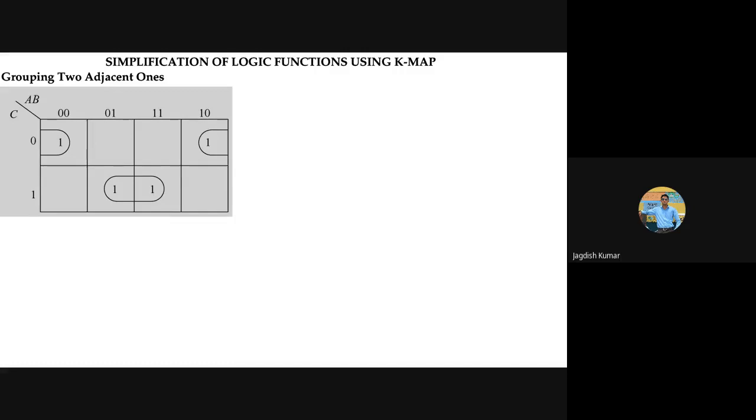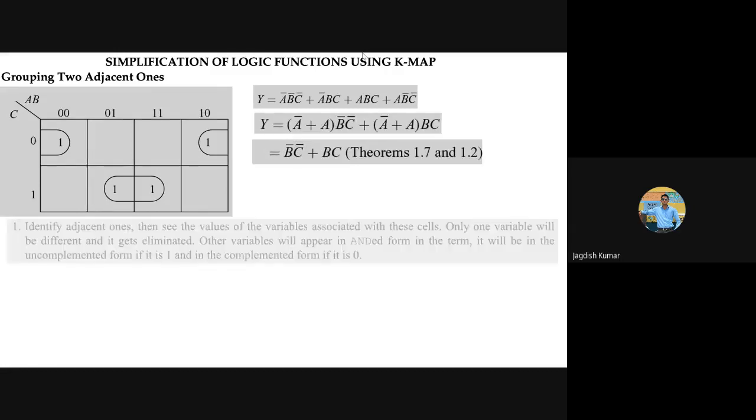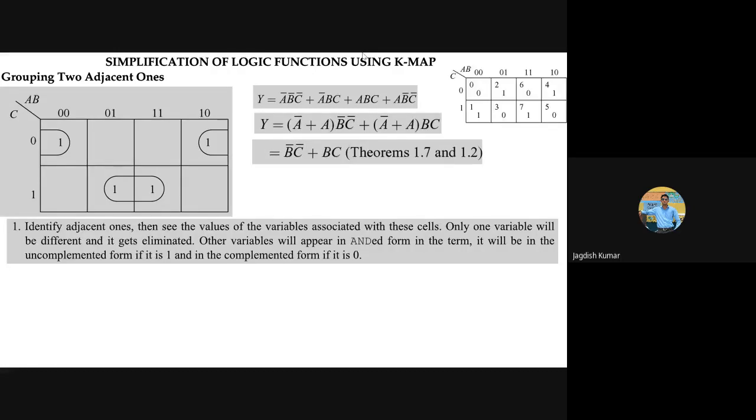Now you will ask, what is the benefit of doing this? Why are we doing this, by the way? So the benefit lies here. If you look at the sum of product form for this K-map, what will that be? Okay, I think I have shown it here. Yeah, you can follow here. I think this is for this table or not? No, forget these 0, 1. This is not it. These two are different K-maps.